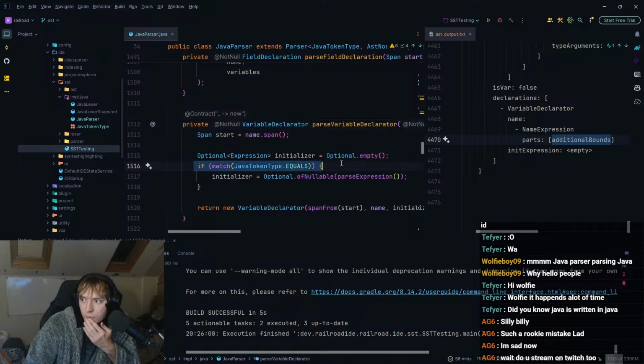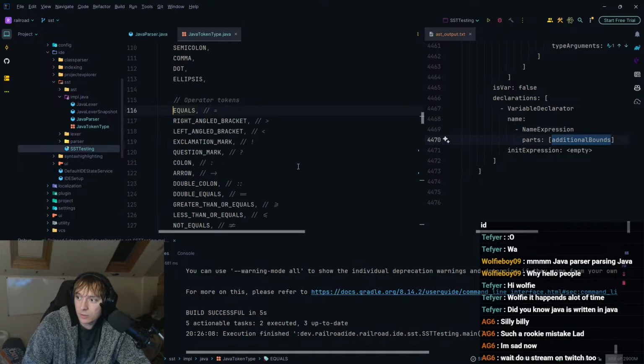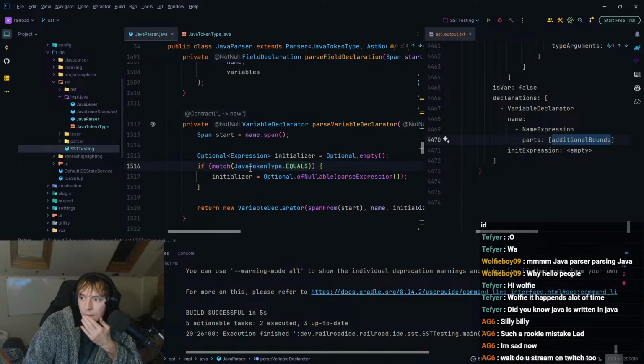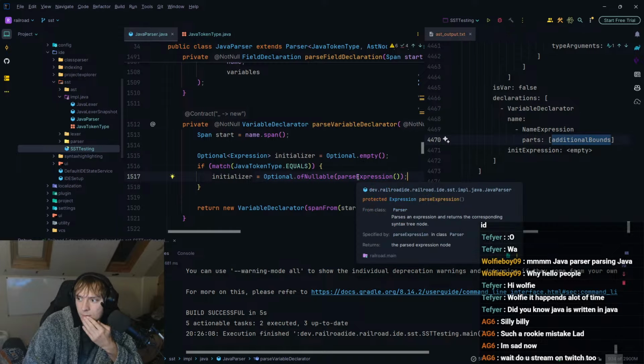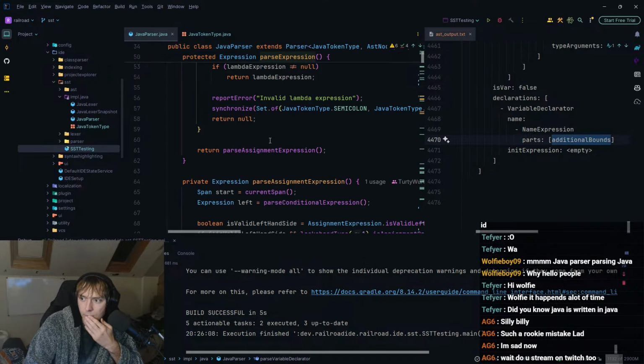So if match equals, now question, is that actually equals? Yes. Okay, good. So if match equals, then it is equal to an optional of nullable pass expression. Okay, that's fine. So then we need to look into pass expression and try and find where it reaches a new keyword anywhere.